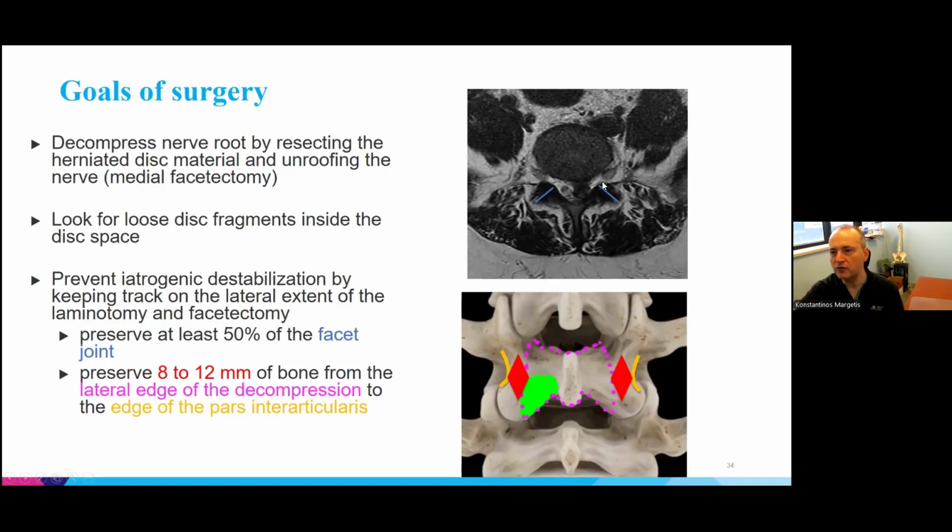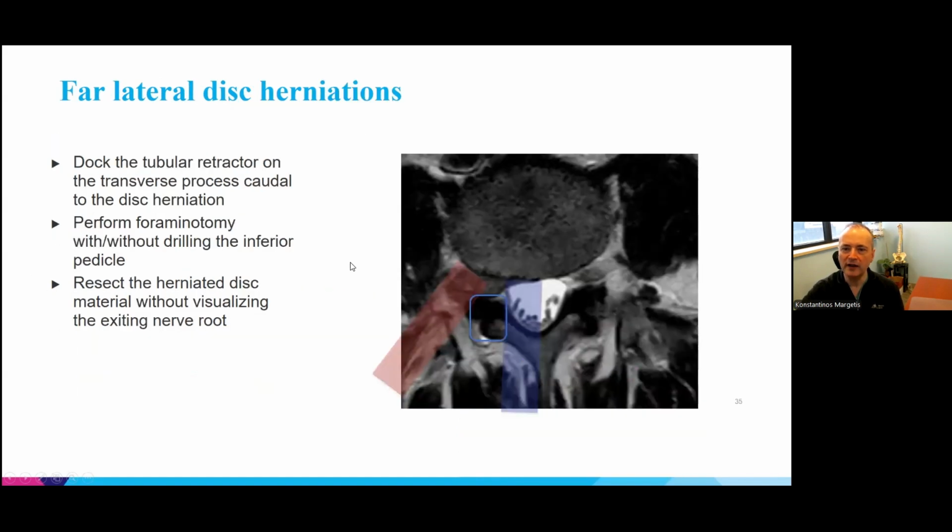Let me go back to that. So for this herniation here, usually what we do is we do a midline incision. We go inside, we make an opening in the bone, usually in the form of a laminotomy, which is the green area here. And then we retract the nerves this way, and then we remove the disc herniation that is over there. For far lateral disc herniations, which are more laterally located, we usually follow a different approach,